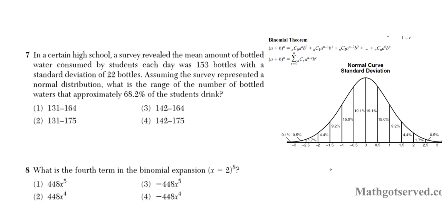All right, let's take a look at question number 7. It says, in a certain high school, a survey revealed the mean amount of bottled water consumed by students each day was 153 bottles, with a standard deviation of 22 bottles. Assuming the survey represented a normal distribution, what is the range of the number of bottled waters that approximately 68.2%